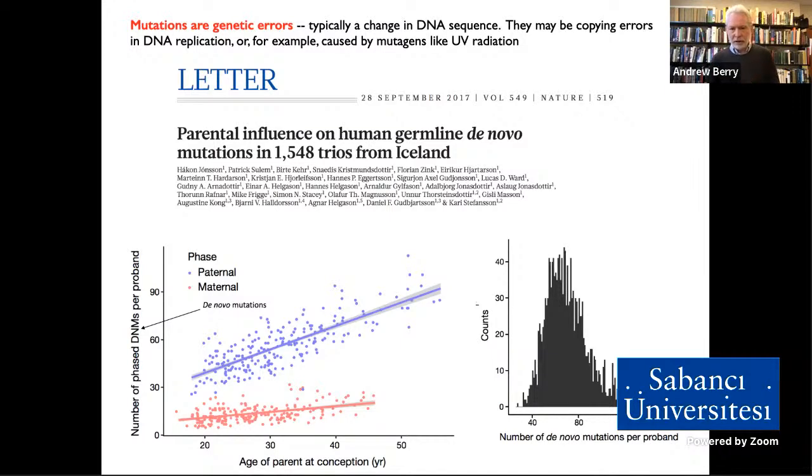And interestingly, as you can see, the blue line is your father, the red line is your mother. You've probably inherited many more mutations from dad, and that's simply because of the difference in the cell processes in generating sperm versus generating eggs. So dad tends to do more cell replications, more error, and that's what mutations are. They're generally copying errors in DNA. And also dad, as you see, keeps going longer. Women enter menopause and stop reproducing, whereas men like Rupert Murdoch keep on going forever.